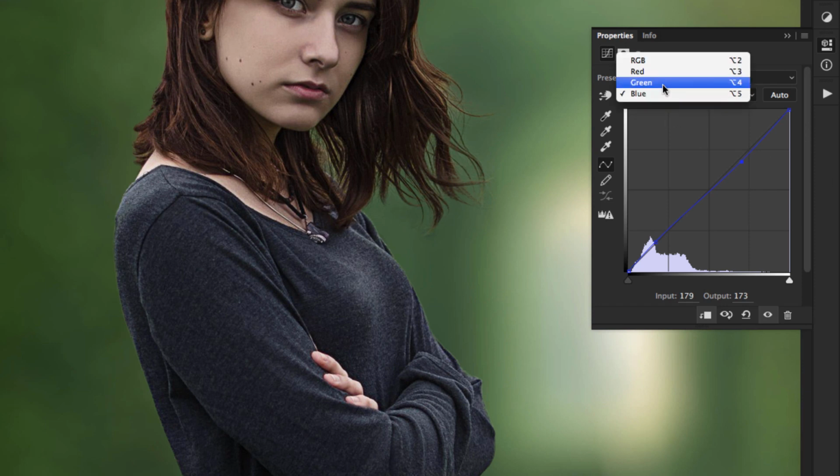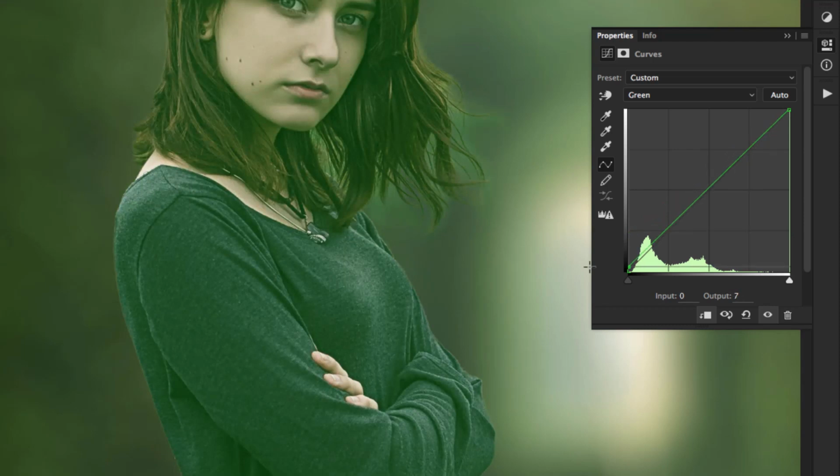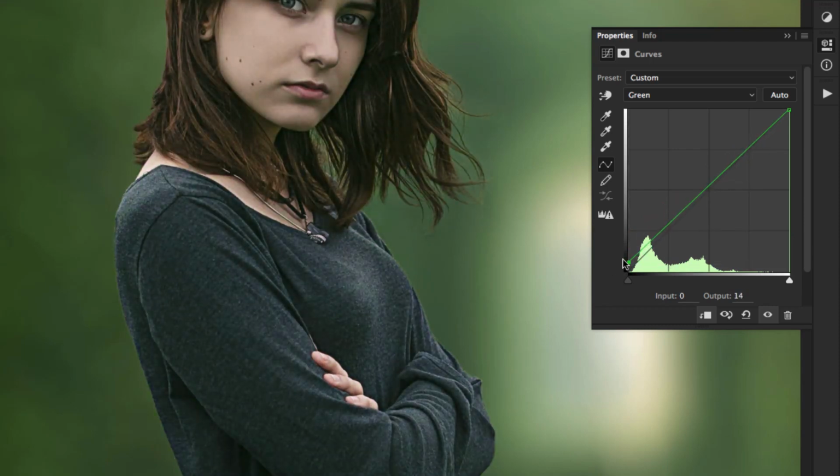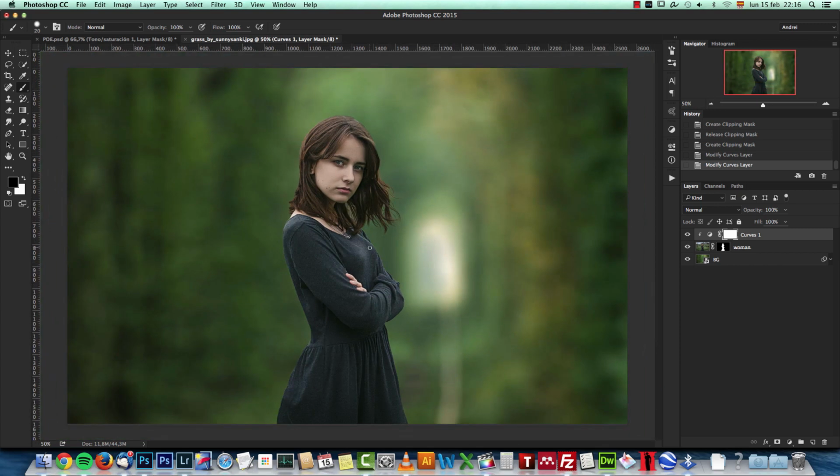And then I also changed the greens. I just moved this lower left point. You can see that if you move this up, you add more green on the shadow, and then you gradually add less and less green as you go towards the highlights. And the output here that I set is 9. So I just added 9 on the greens. That way the woman has this greenish tone over her, which is a lot better, she blends a lot better with the environment, which is